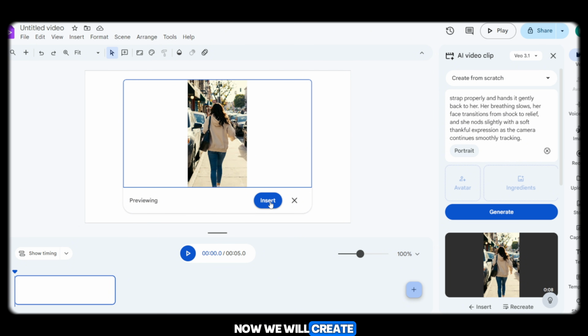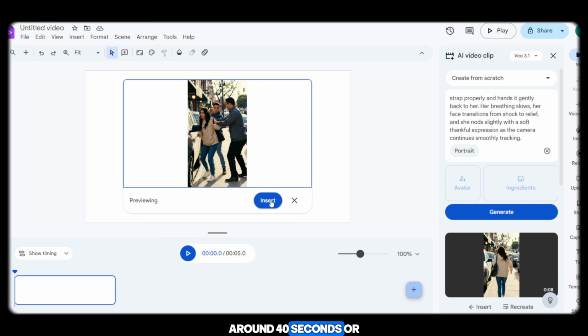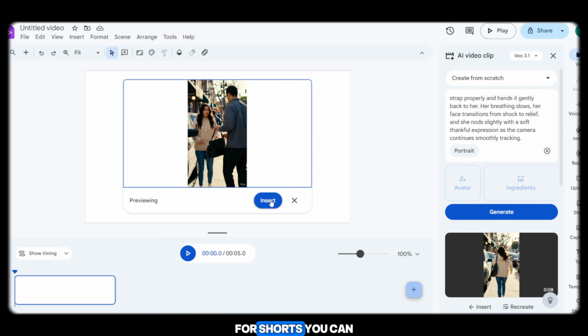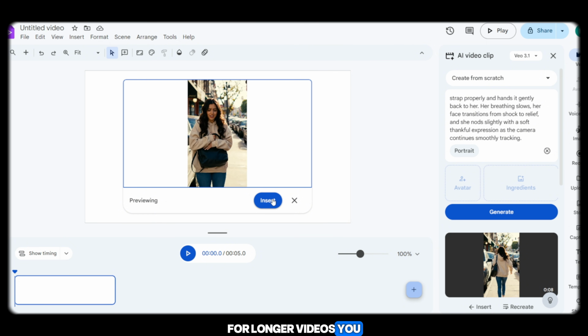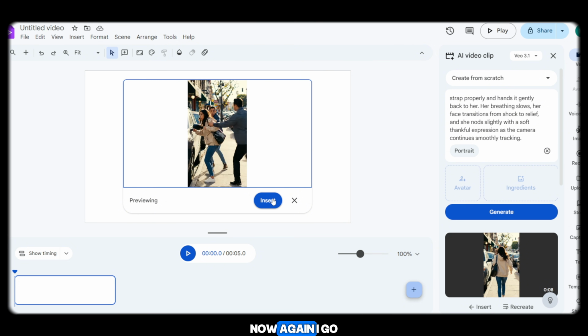Now we will create a longer video, around 40 seconds or minimum under 1 minute. For shorts, you can keep it short. For longer videos, you can also use landscape mode. Now again, I go back to